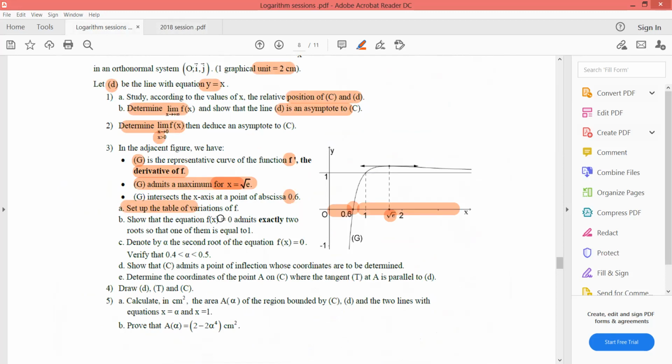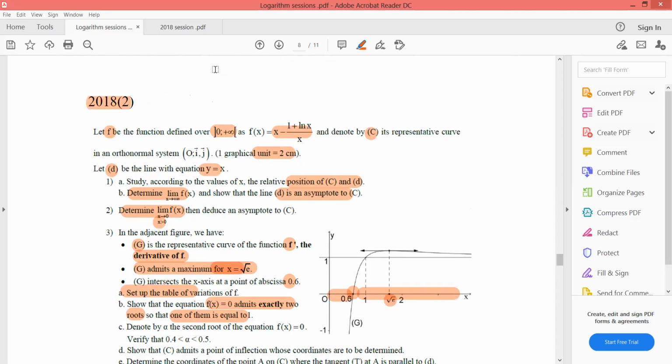Show that the equation f(x) equals 0 admits exactly two roots. First, we are going to prove that it admits two roots, but then one of them is equal to 1. We are going to prove f(x) equal to 0 admits two roots. If someone tries like that,